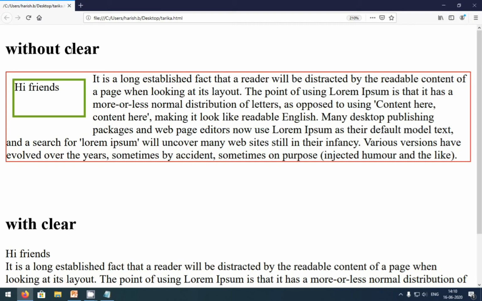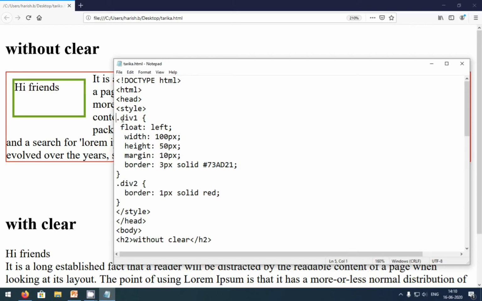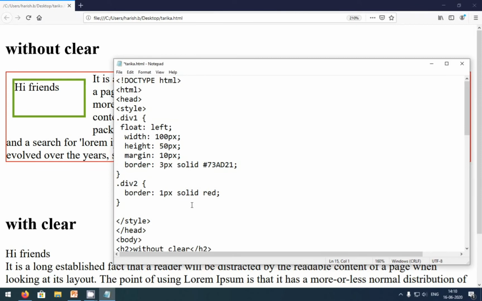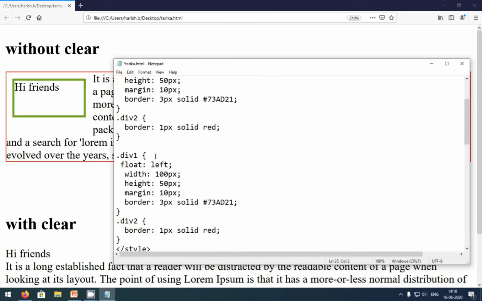So you can see the difference between these two. Same elements, but I'm going to copy it, give an enter and paste it, and just change the div elements to div 3 and div 4.